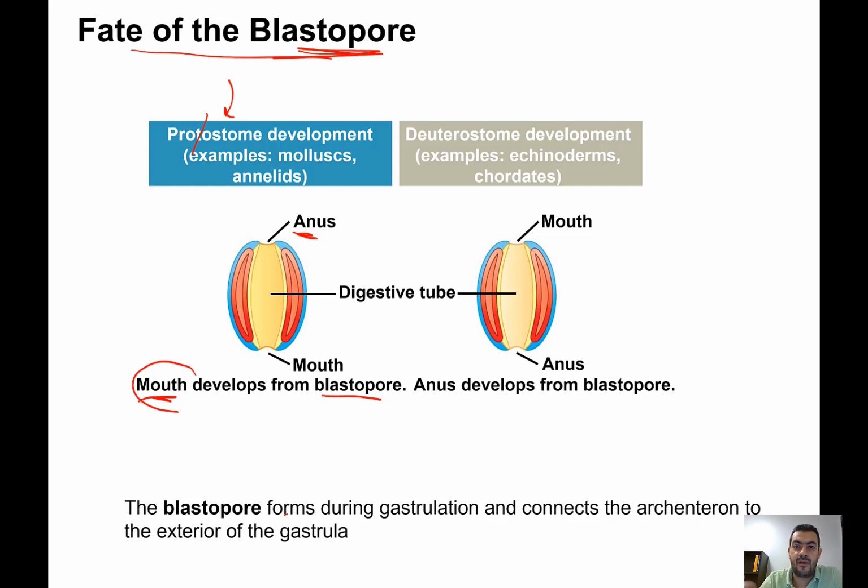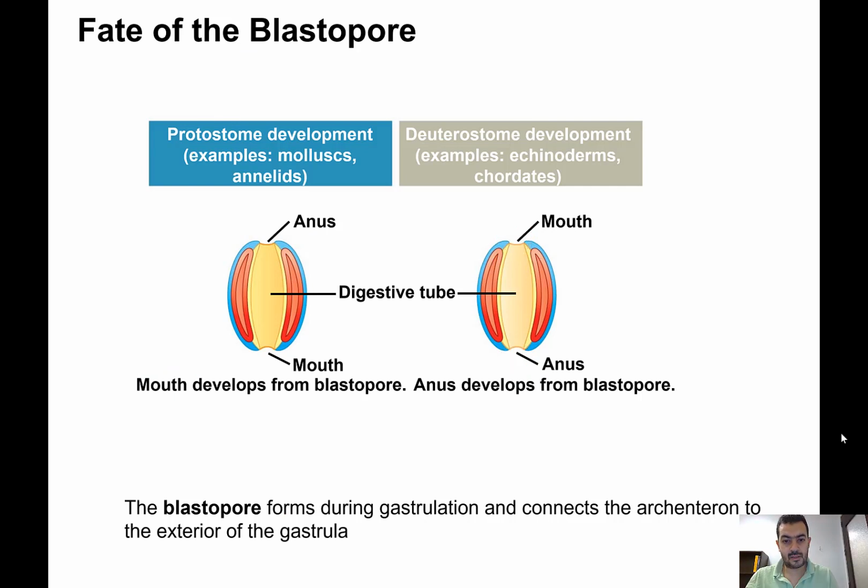Then we have another type of development called deuterostome. Deuterostome means the mouth came second in development. So here the anus will develop first from the blastopore, then the mouth will be the second in terms of development. And by this slide, we reach the end of this video